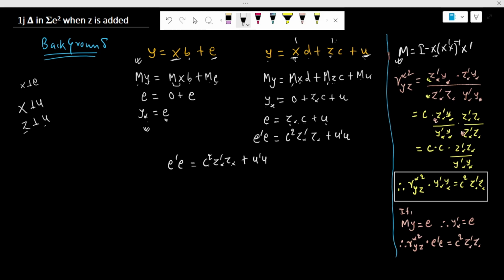Here z and u are vectors, so z transpose z asterisk transpose z should be positive, and u transpose u is also positive because they are the sum of the squares. So according to this relationship, E transpose E is greater than u transpose u, meaning thereby the sum of the square of the error in the first model is greater than the sum of the square of the error